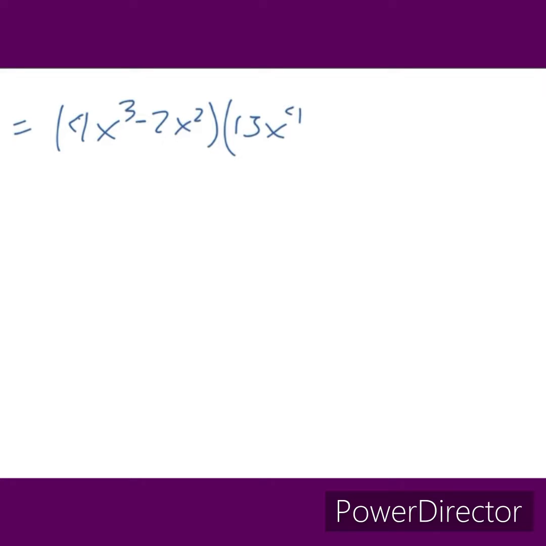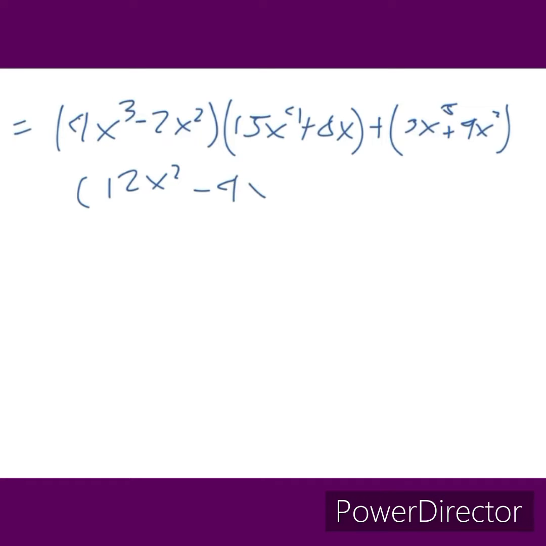15x to the fourth plus 8x, plus the value of our v, which is 3x raised to the fifth plus 4x squared, times the derivative of our u, which is 12x squared minus 4x, is equal to